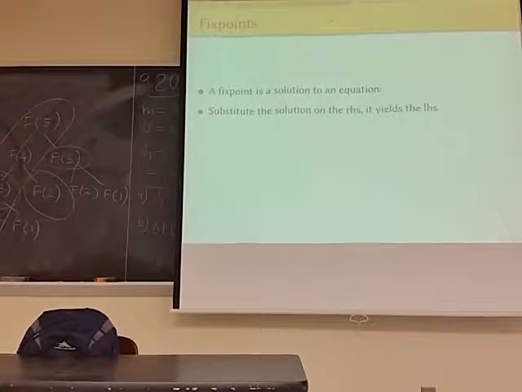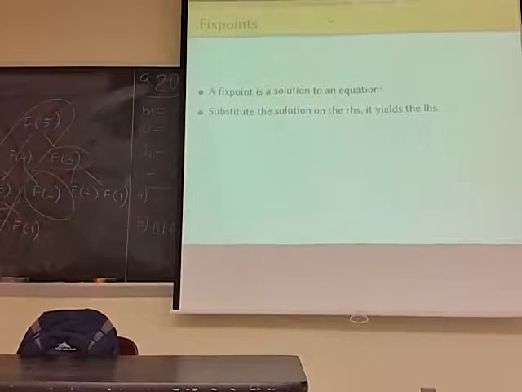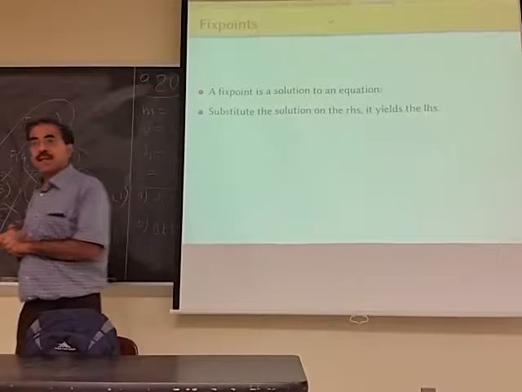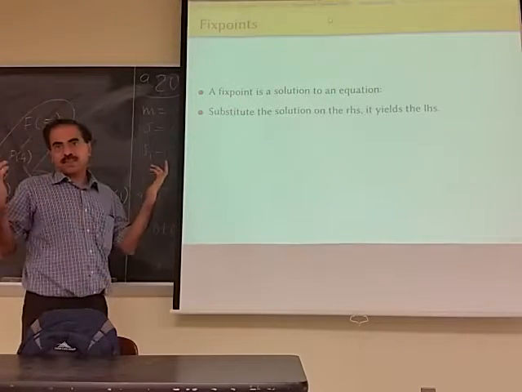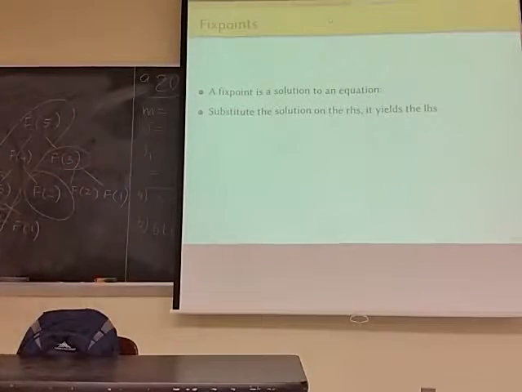So the term fixed point, this is something that you often hear in a programming language course rather than an algorithm course. The terminology is not commonly used in an algorithm course. But a fixed point just means a solution to an equation. And why is it called a fixed point? Because if you have a solution to an equation, then if you substitute the values of, let's say you have